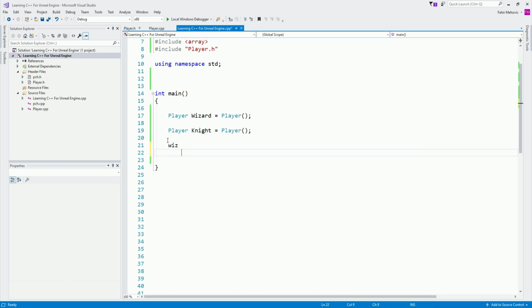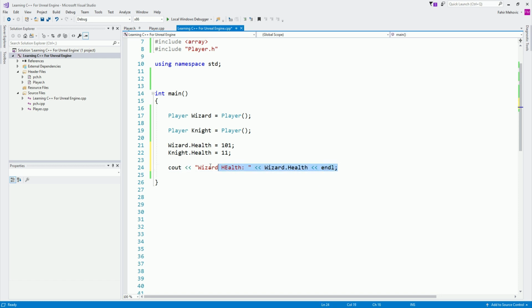I can say wizard.health is equal to 101, and knight.health is equal to 11. If I use cout and say wizard health, I call wizard.health and end this with endl.